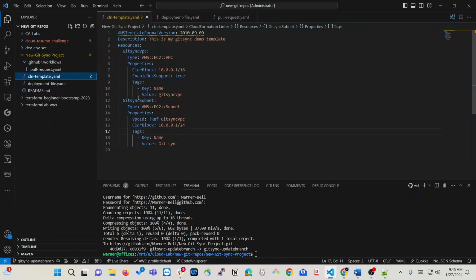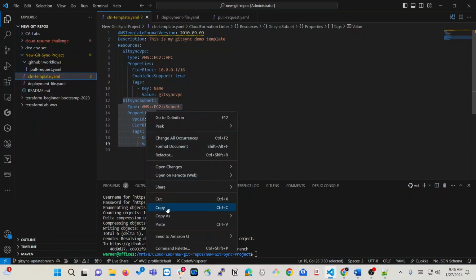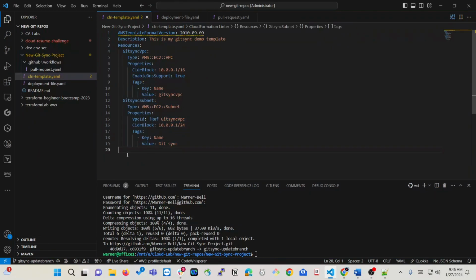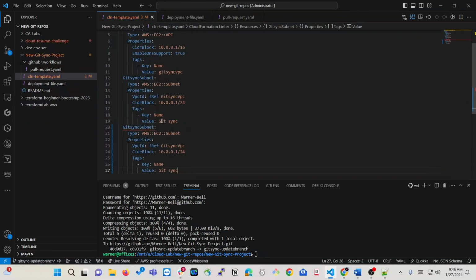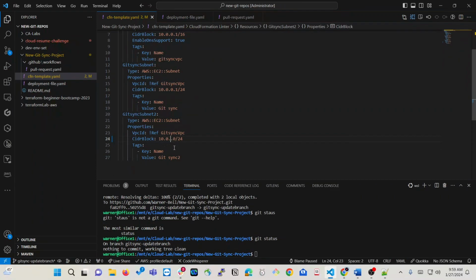Now we're going to add, why don't we just add a second subnet? Let's copy this. And the second subnet is going to be called Git Sync Subnet 2. And the CIDR block will be